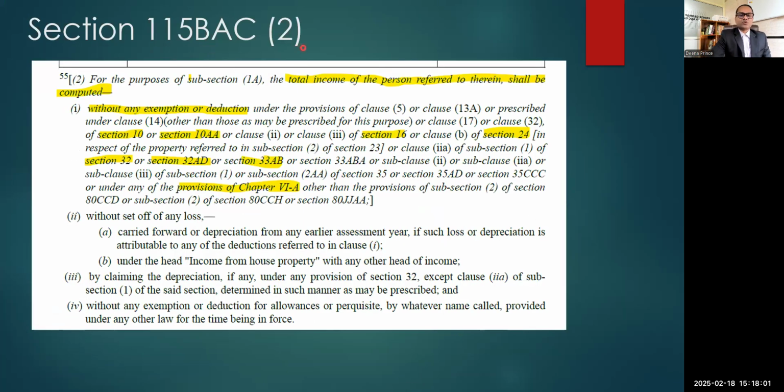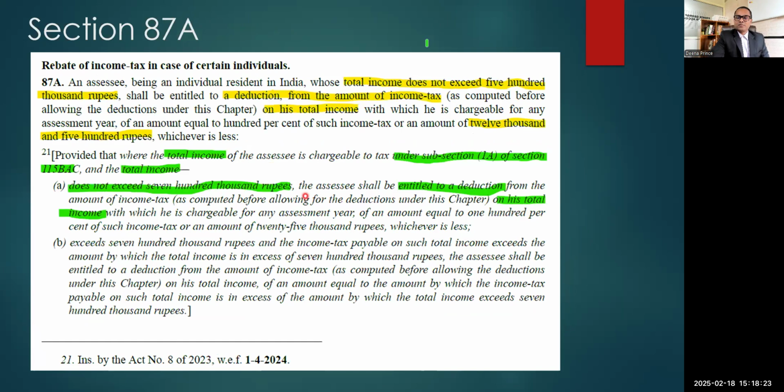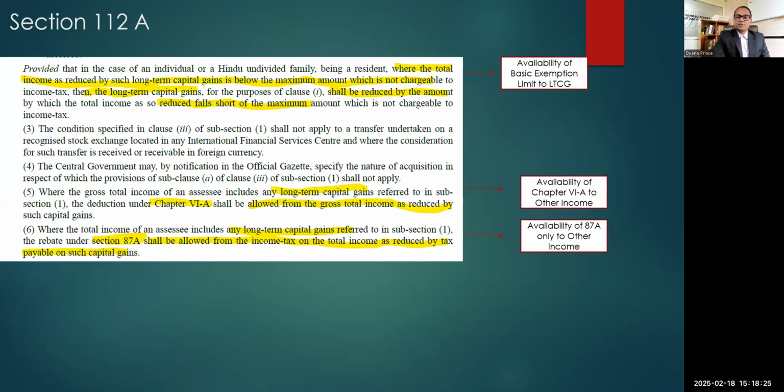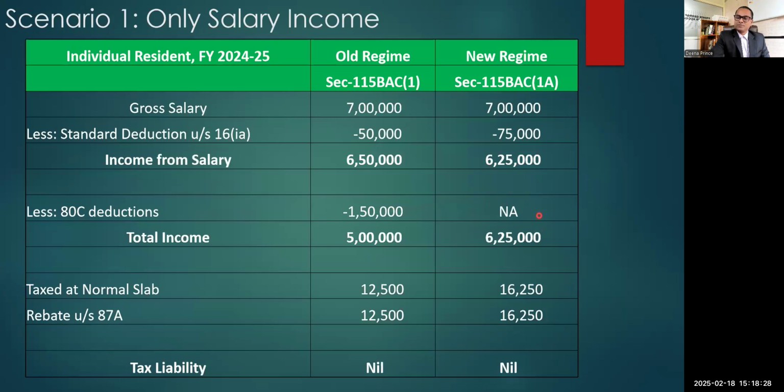115 BAC subsection 2 says, for the purpose of subsection 1A, the total income of the person referred to therein shall be computed without any exemption and deduction. And then it lists down a series of exemptions and deductions, which also includes chapter 6A deductions. And thus, we have not considered chapter 6A deduction here. Total income is calculated. Then based on normal tax slab, the tax liability is 12,500 and